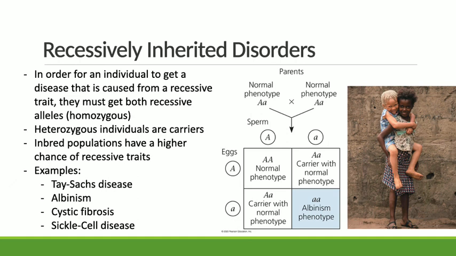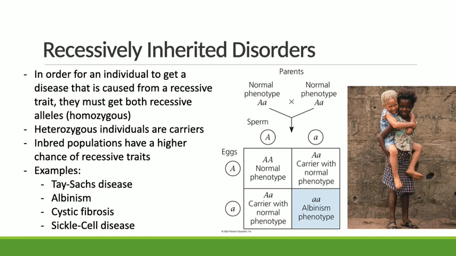So they're missing both options for recipes for how to make melanin, the protein that causes pigment. Heterozygous individuals have a normal phenotype because they do have one allele, one version of the recipe that produces melanin, and that's usually enough. Depending on the trait, it can look exactly like the phenotype of a homozygous dominant individual, but